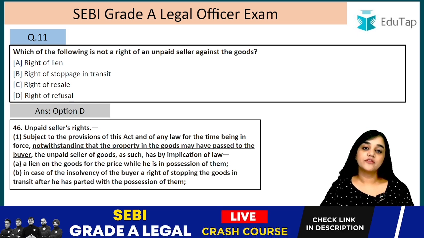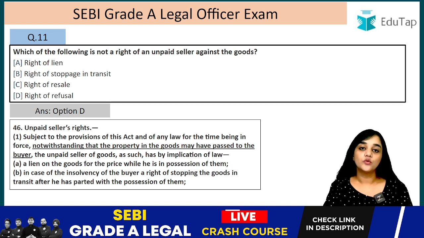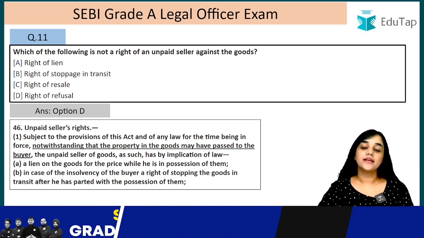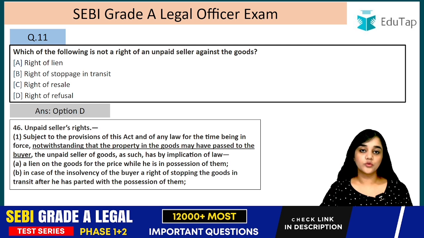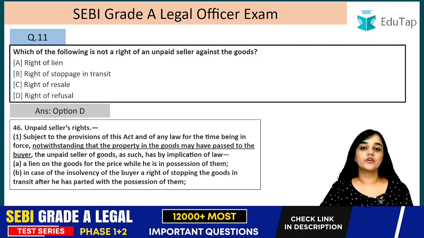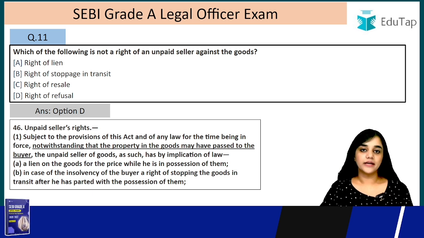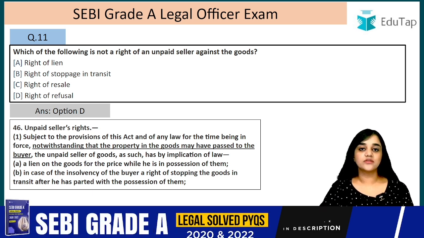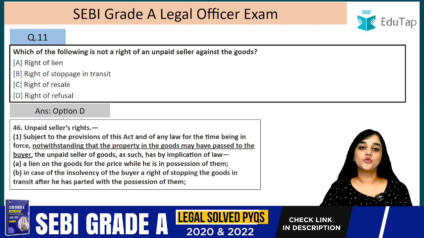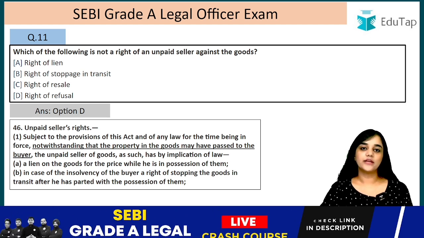So it is clear from this definition that in lien it is important that the ownership has been transferred, right? So he is holding those goods as a security only, as a collateral for what? For the satisfaction of his debt, right? So he can exercise what? He can exercise lien. But lien can only be exercised when he has the possession, right? So when he has the possession and when the property in the goods has been transferred, then only lien can